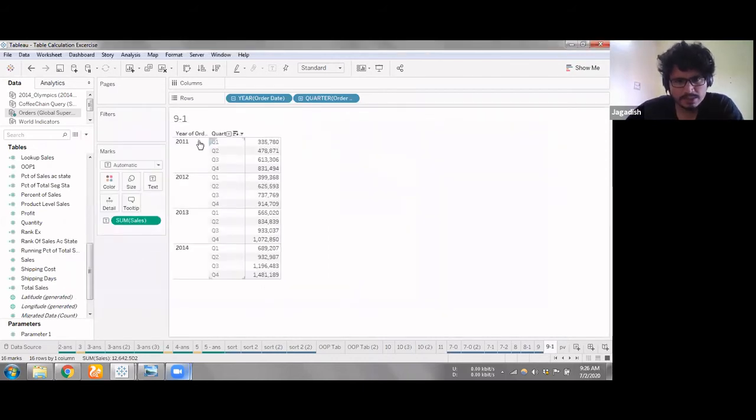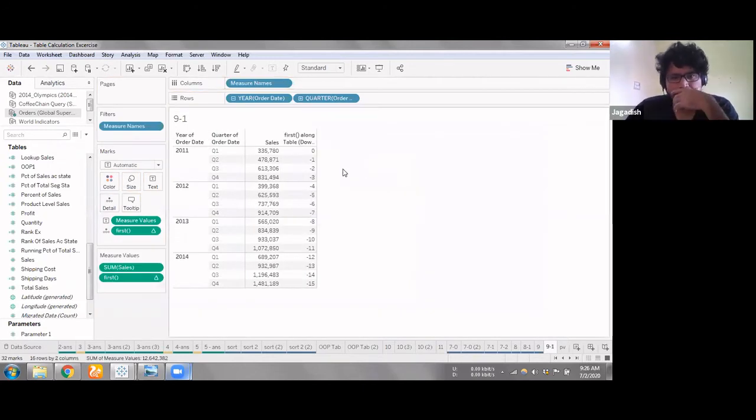So I have a simple table here that splits the sales across each year and quarter. Now let's see what my first helper function would give me as a result. Let me take that and put it here. This first function is defined so that at every cell, at every row, it will give you the result of how far the row you are in is from the first row. For example, this second row is at a distance of 1 unit from the first row. This particular cell is at a distance of 2 units from the first row.